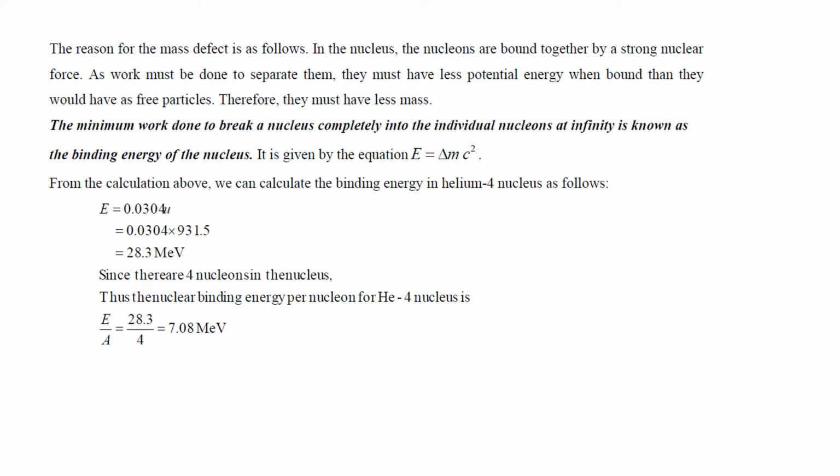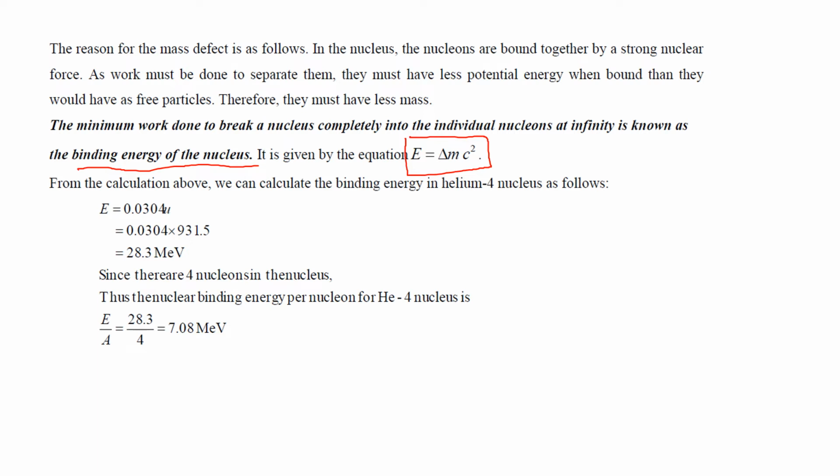The minimum work done to break a nucleus completely into the individual nucleons at infinity, we call the binding energy of the nucleus. It is given by the equation E equals delta m c squared. From the calculation above, from the previous diagram about helium,